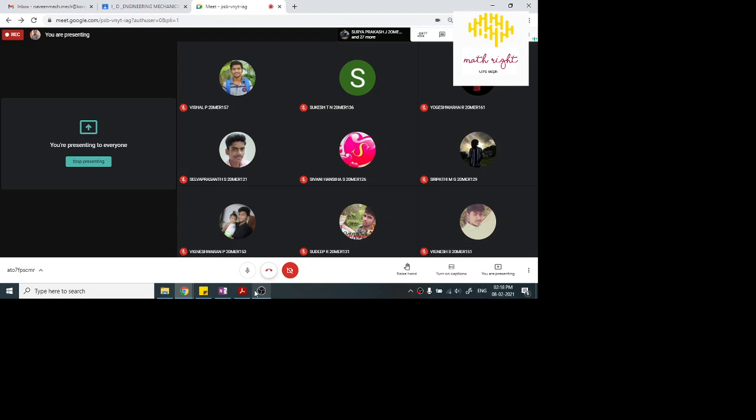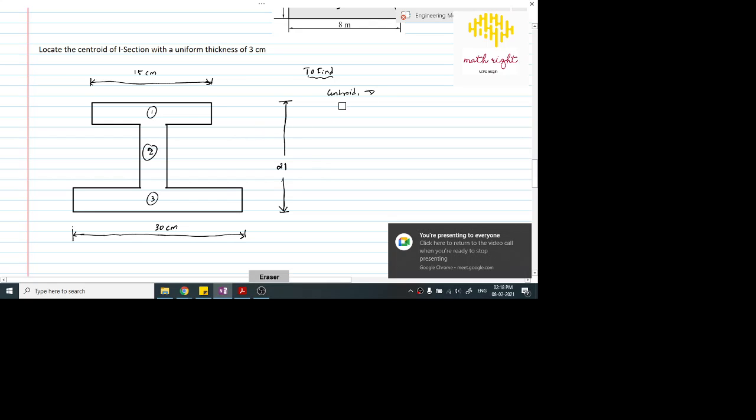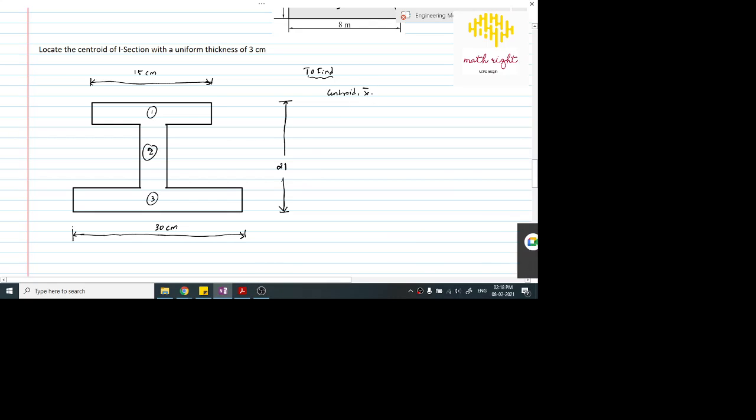Okay, centroid. X bar and y bar, we want to find it. We know the formula for x bar and y bar as